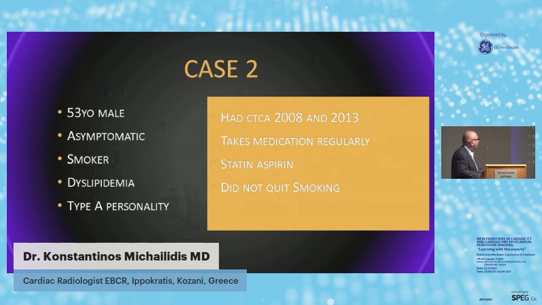So we have here a 25-year-old male, who is asymptomatic. He's a smoker. He has dyslipidemia. He has received statin for a lot of years, and he's a typical type A personality. He had coronary CT angiographies in 2008 and 2013. He takes his medication regularly, statin and aspirin, but he did not quit smoking. And his personality is quite dangerous. So he comes back